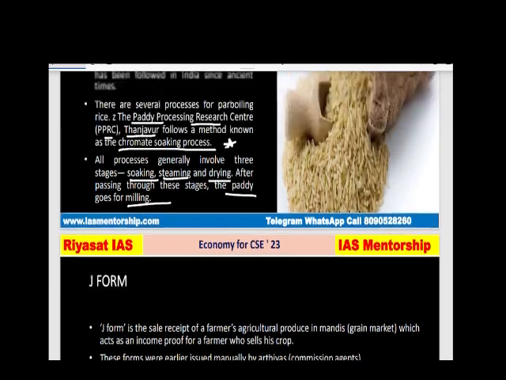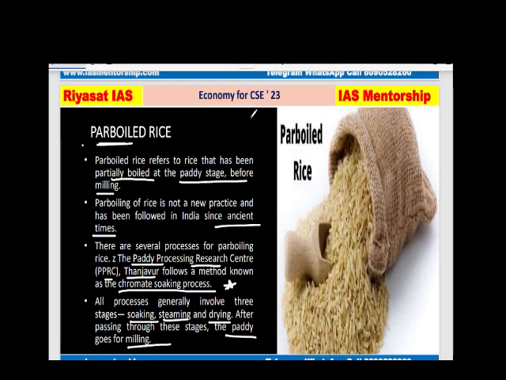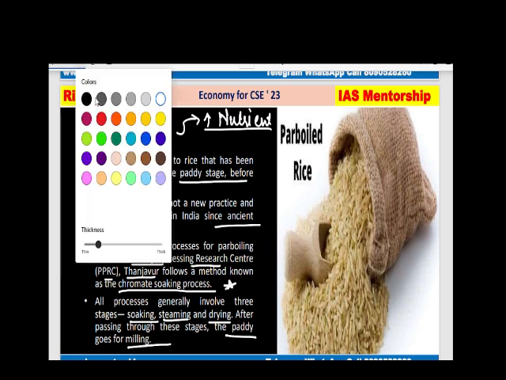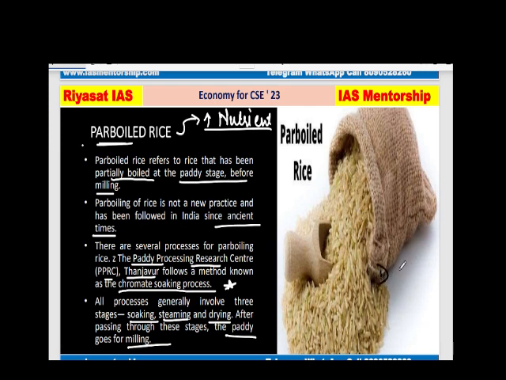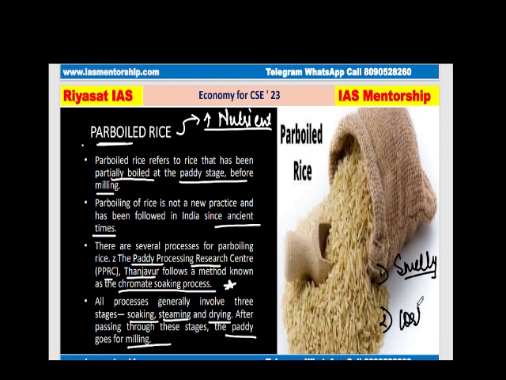Clear? Fine. So basically why are we boiling it partially? Because it is increasing the nutrients. बहुत ज़्यादा न्यूट्रिएंट इसका इंक्रीज हो जाता है. However, there is one demerit here for the parboiled rice. One demerit is that बहुत smelly हो जाता है rice. The aroma goes out because the rice is soaked in water for a very long time. And next is the machines which we are using here for the parboiling. It is very costly. Two demerits are there for your parboiled rice, you should remember.